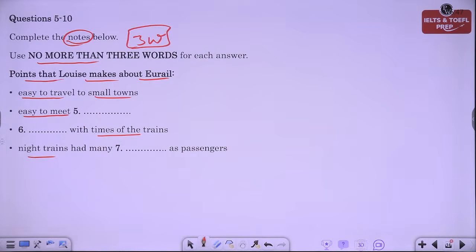Very punctual. Should we take an alarm clock? Well, I would. Having an alarm clock made us sleep more comfortably. We knew that we'd wake up on time. And were the trains safe? Did you travel at night? Lots of students travelled at night because it saved having to pay for accommodation. I hadn't thought of that.